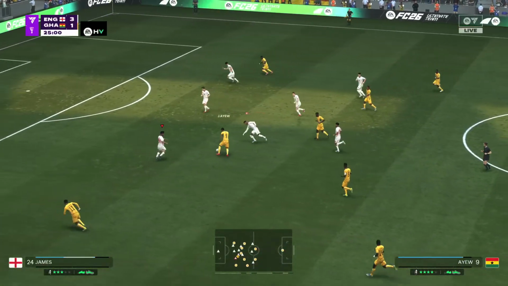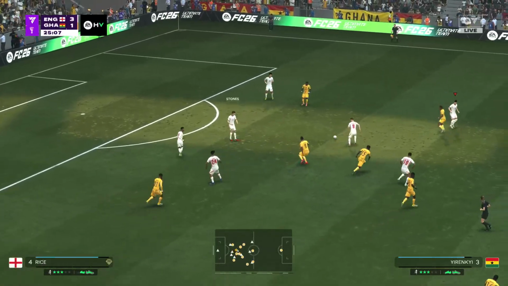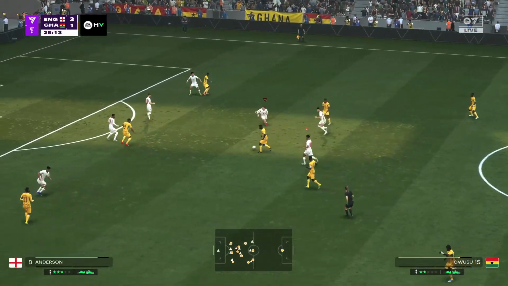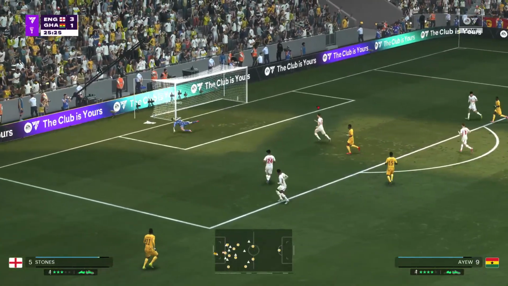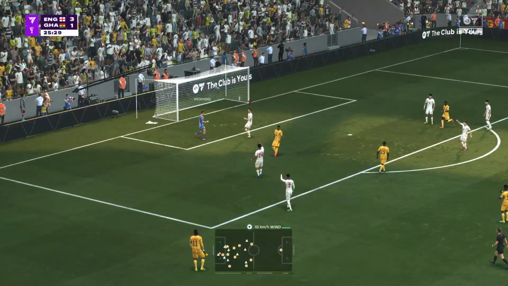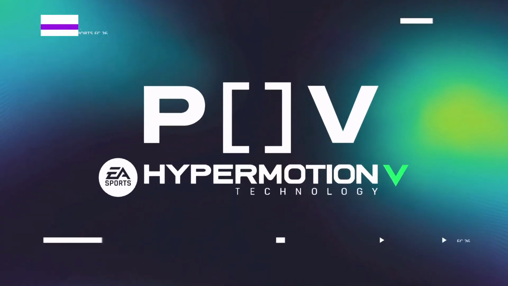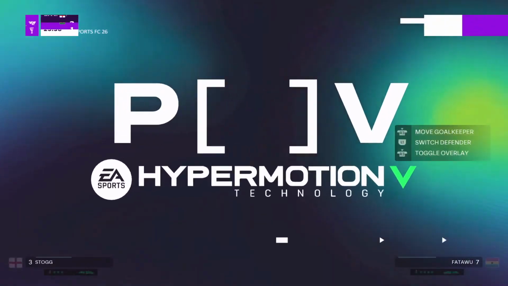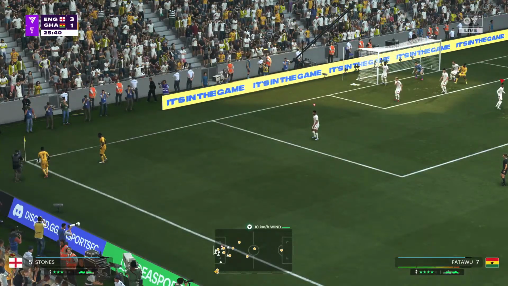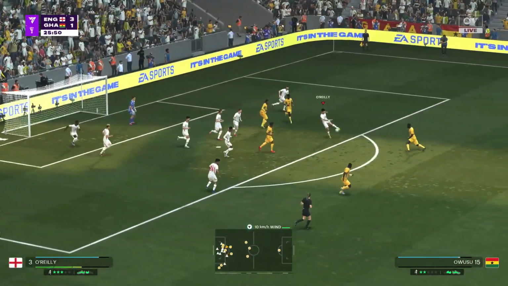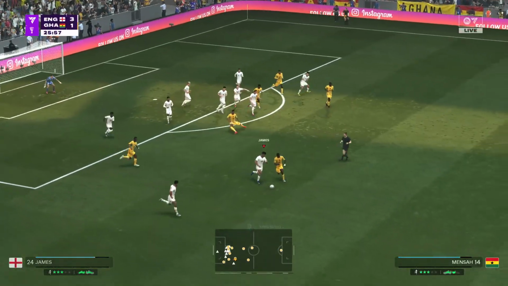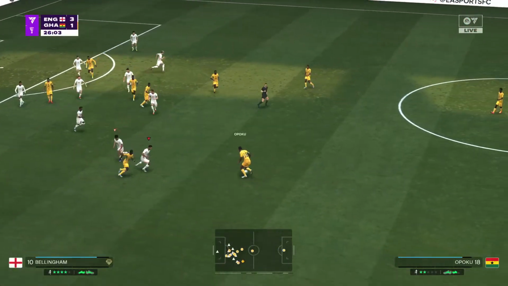Ayew. Played over. Well, they can keep possession now.